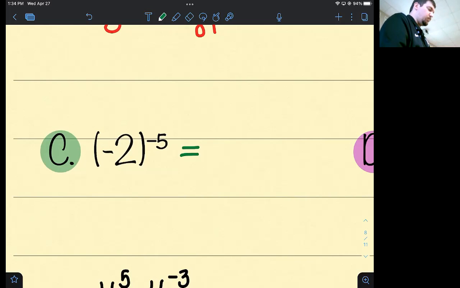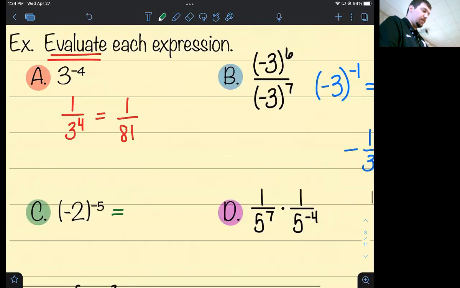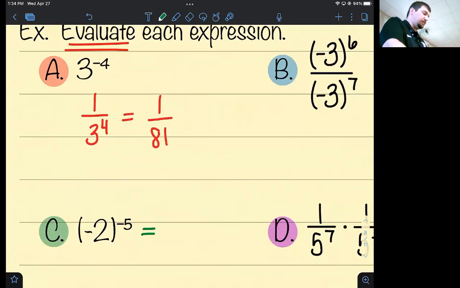Okay, but it should still be negative. Also, it should be in fraction form. Look back to the last one we did. We had 3 to the -4th, for example A. I said that wrong. 3 to the -4th was 1 over 3 to the +4th. So with that in mind, -2 to the -5th should be